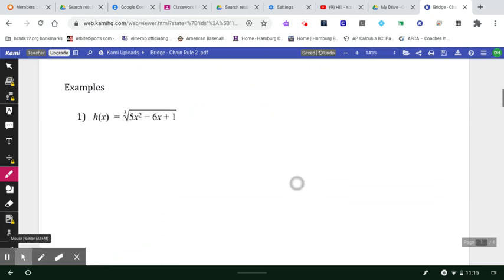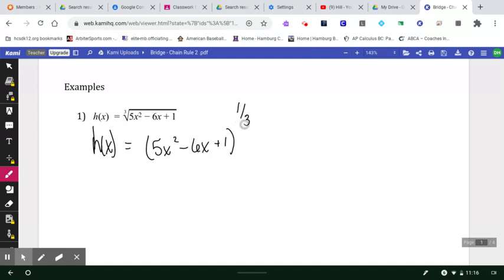So we're going to run through a few examples, and these just have a lot of negative exponents, a lot of fractions. That's why I just split them up into two different sessions here. And our first step, of course, is to rewrite this for ourselves. So I'm going to rewrite this as h of x equals, the cubed root is going to turn into a power of